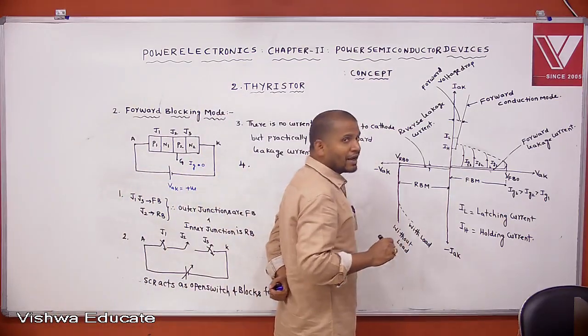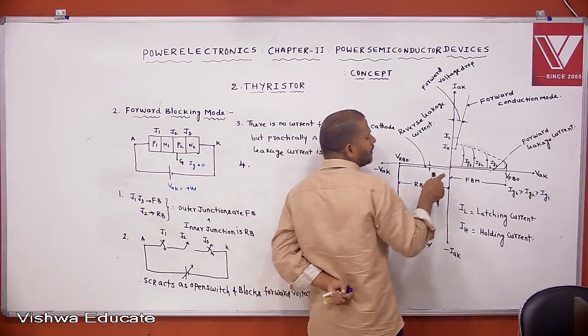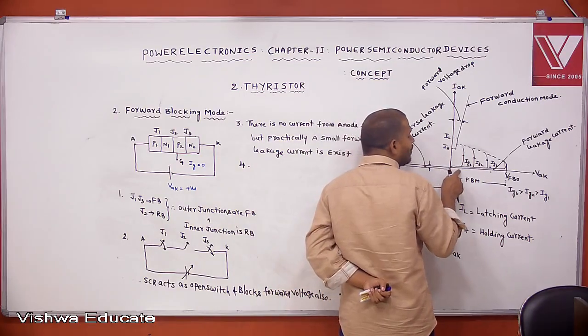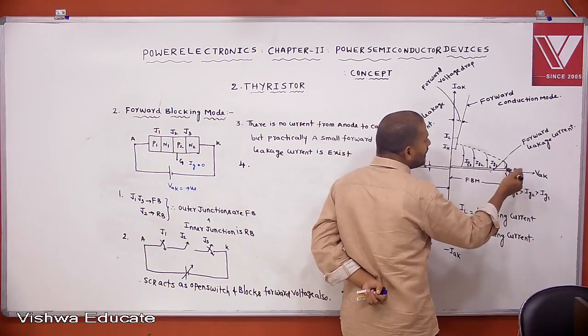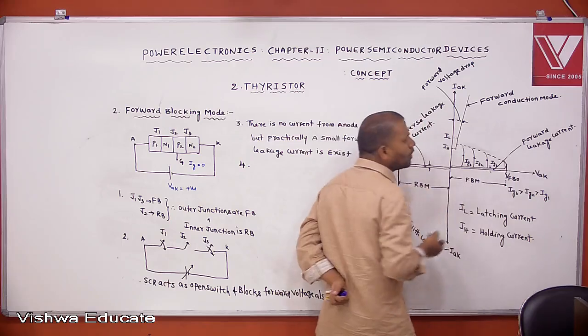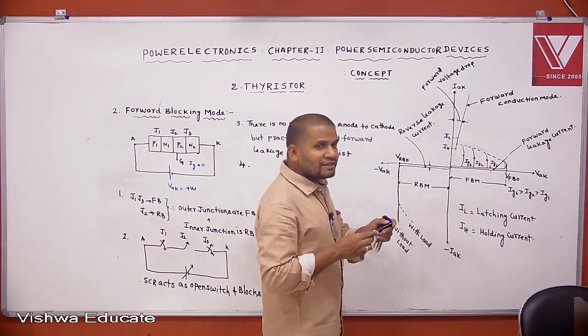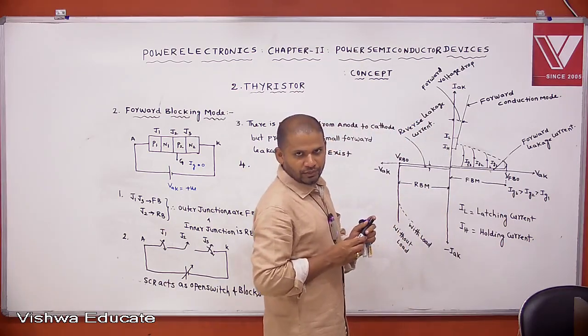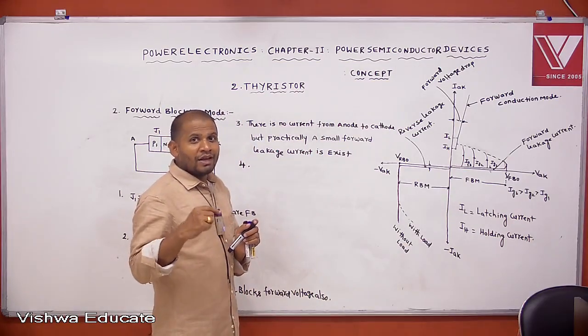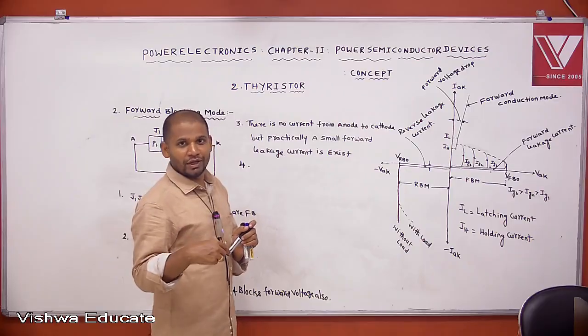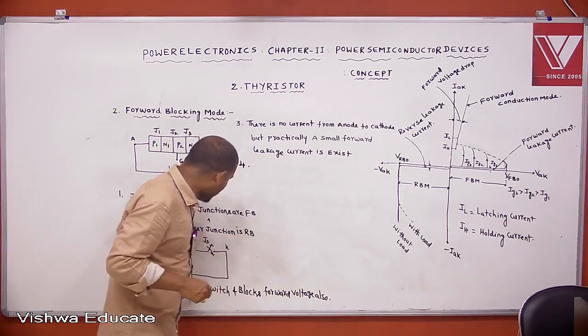Like this we can make the turn on of SCR. That means if the forward voltage is continuously increased, whenever the voltage reaches the forward breakdown voltage, then J2 is in avalanche breakdown. Sir, you told that avalanche breakdown means by applying reverse voltage. Yes. Even though it is a forward voltage,